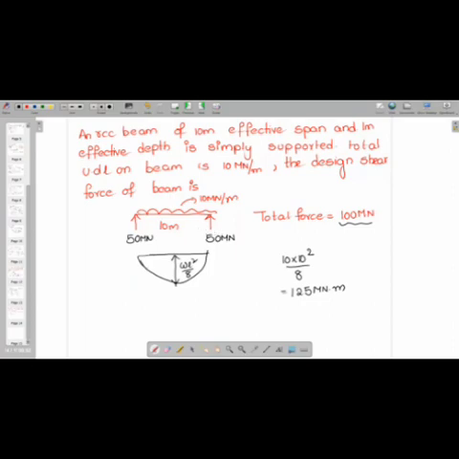Now, see students, what has he asked here? Can anyone tell me what he has asked in this problem? He is asking the design shear force. So what will be the design shear force? Anyone? How will the design moment be, sir? It will be in this way, in the bending moment diagram.